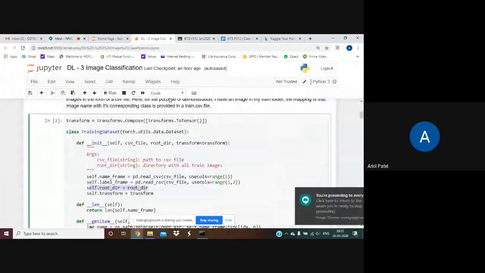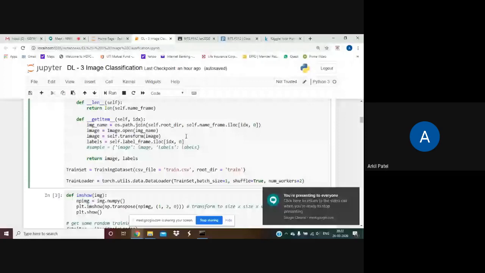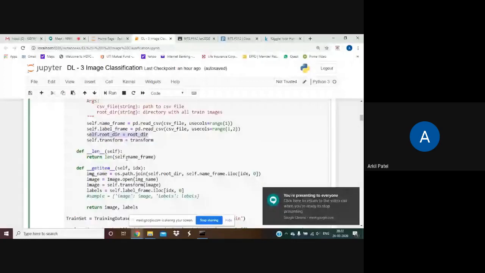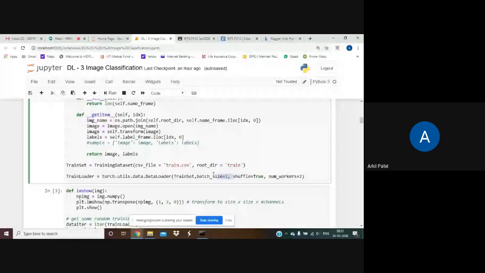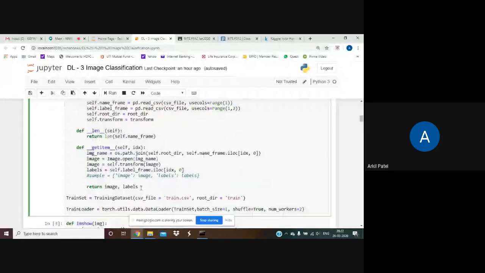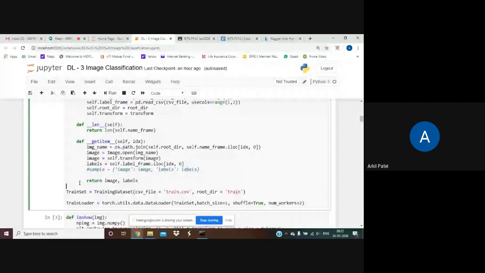Okay. So basically, whenever I call this class, this is my train set. What I'm going to do is define a train data loader, and then pass this class object, train set, to this data loader. Right now the batch size is 1, so each time it is going to give one image, opening it from that folder along with its label. So it is going to return an image and a label.